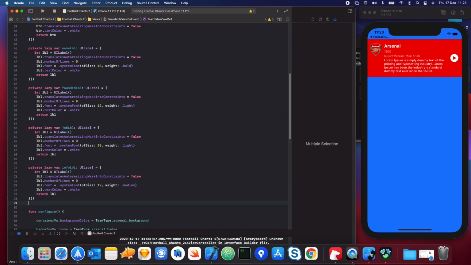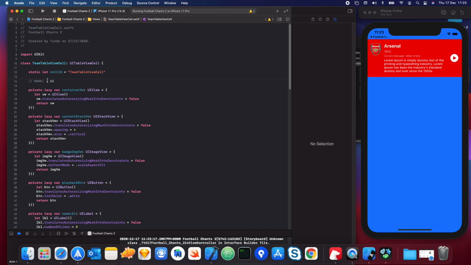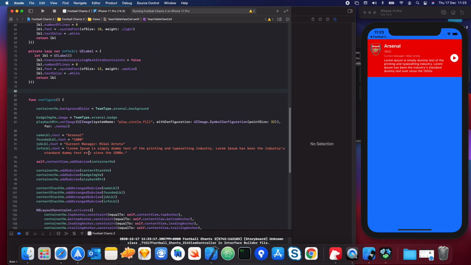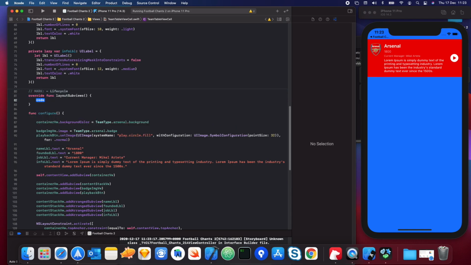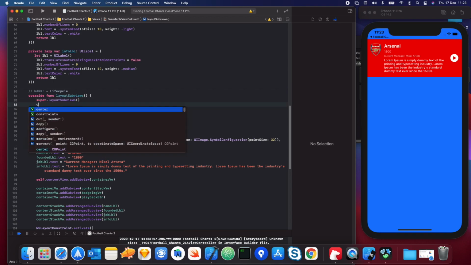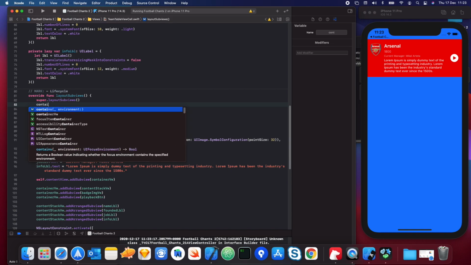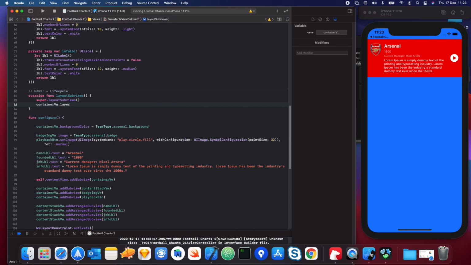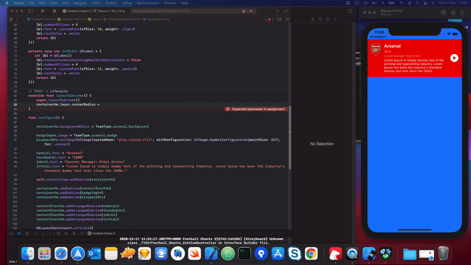So I'm going to use one of the table view cell lifecycle functions. I'm just going to do MARK: lifecycle, and go to layoutSubviews. So when the view's been laid out, we're going to set the corner radius of the container. We're going to say containerView.layer.cornerRadius is equal to, I can't remember what I used, I'm pretty sure it's 8. Nope, it's not, it's 10. So 10,